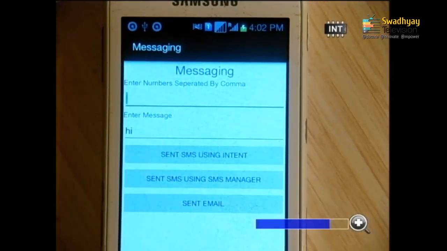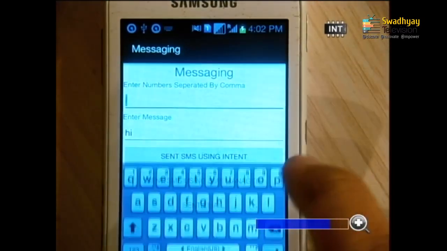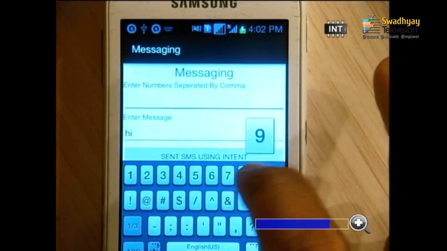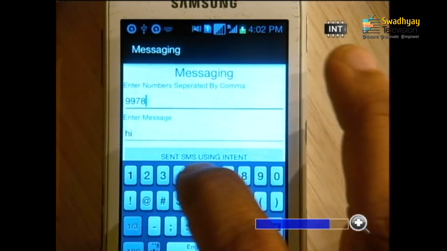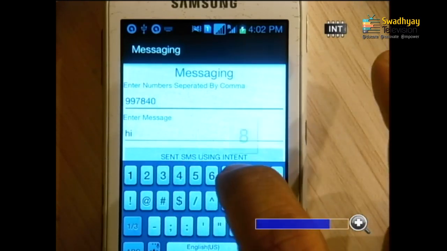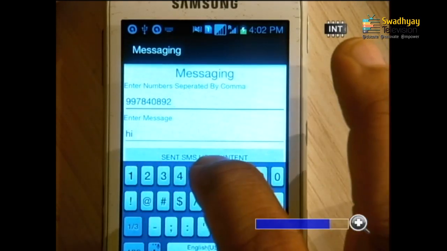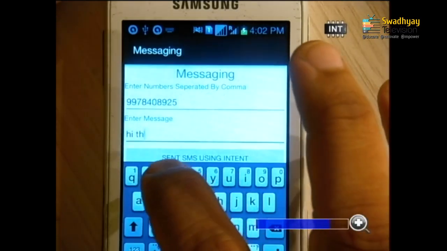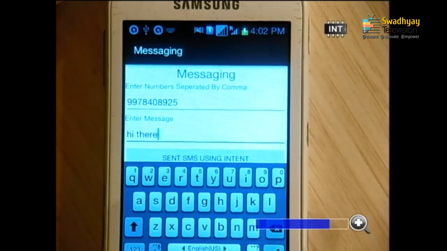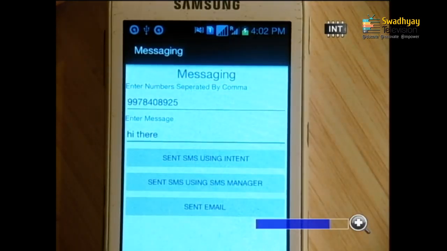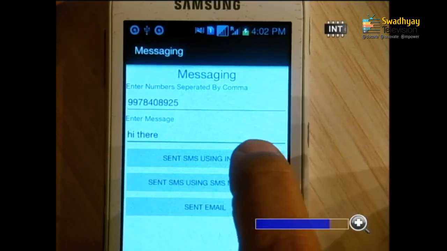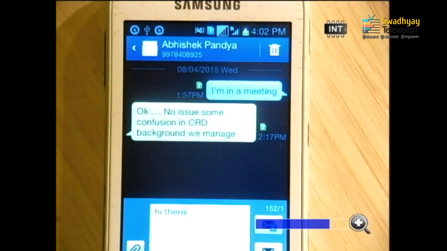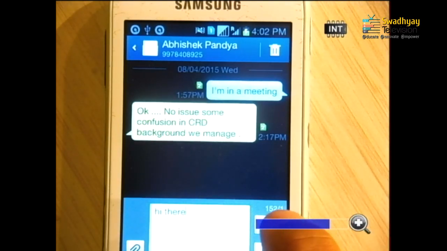Here I am entering the mobile number, and here I am entering my message, and then I am pressing the send SMS using intent button. It will open my SMS application and I have to press this button.